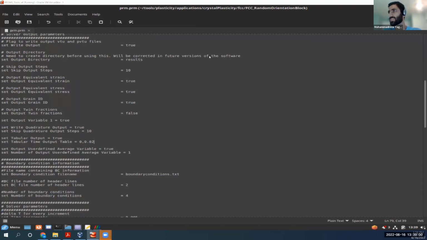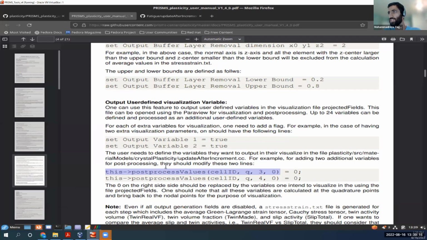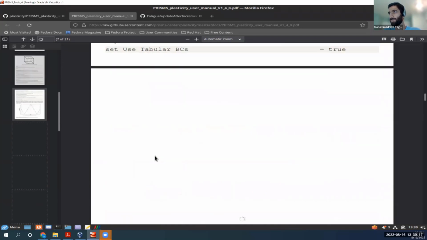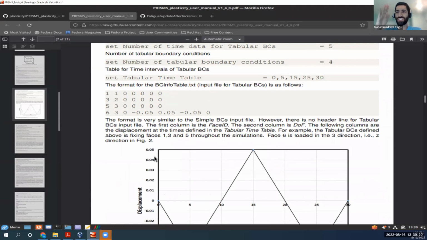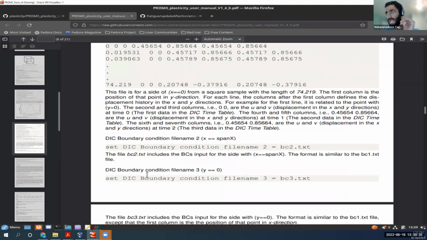Let me see, what's the question? Is it possible to perform a stress control cyclic deformation? Yes, it's possible. If you go to the documentation, there is a boundary condition which is called Neumann boundary condition, tabular Neumann. So it will apply homogeneous traction on one side. So you can fix it with a simple boundary condition on one side, and then apply a Neumann boundary condition on the other side. And then you can figure this out on,